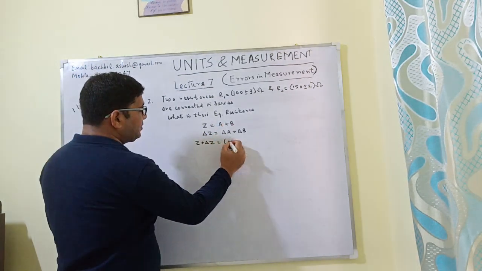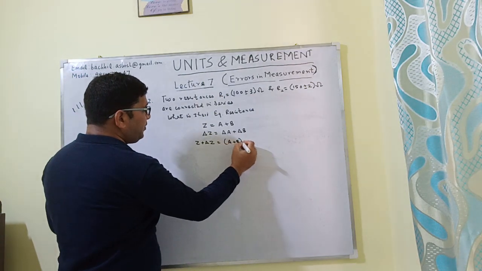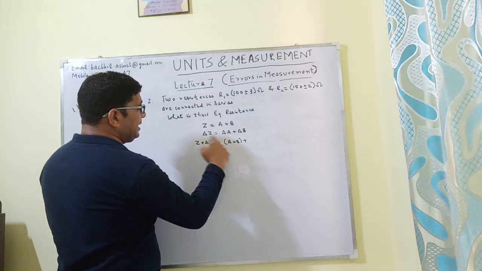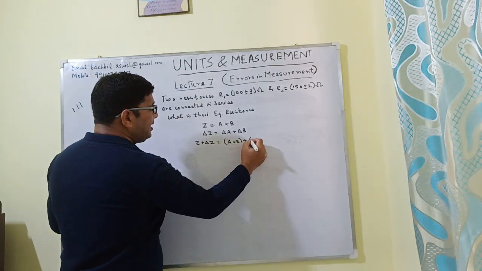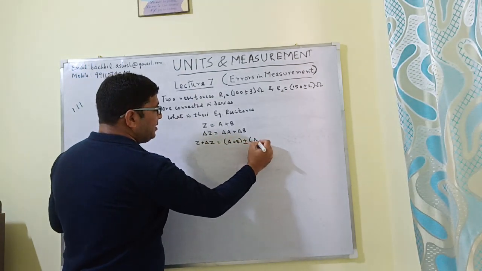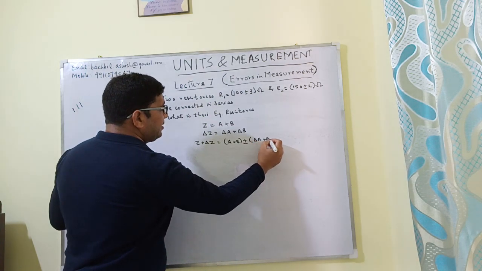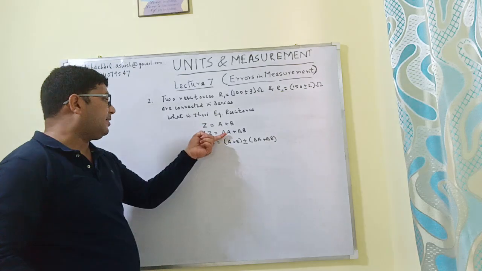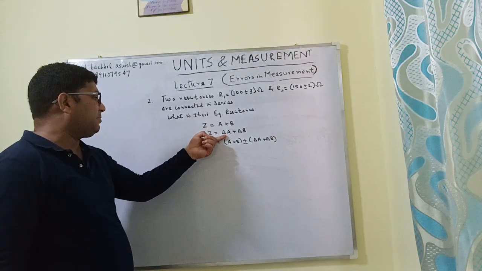Z is equal to A plus B, so A plus B plus delta Z. Delta Z is equal to delta A plus delta B, but here we are putting it plus minus delta A plus delta B here. Now plus minus A means that now this is the error, this is the maximum possible error in the measurement